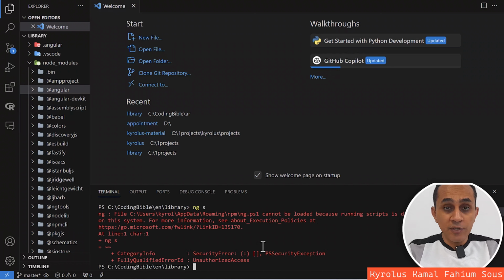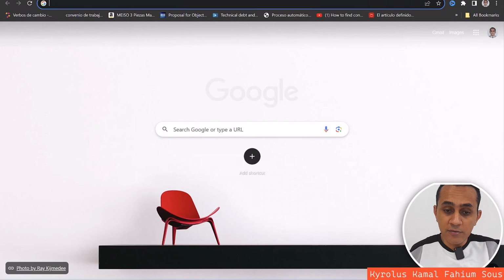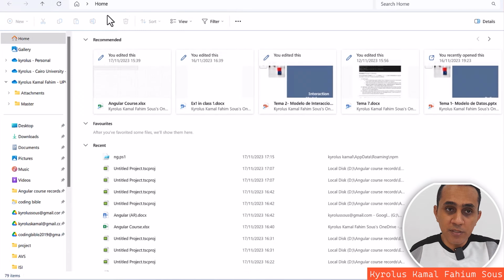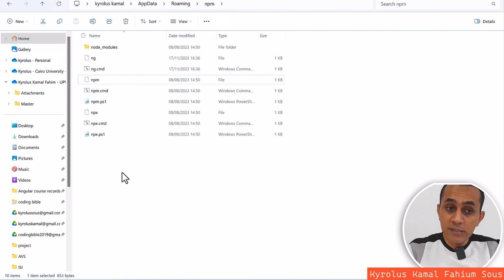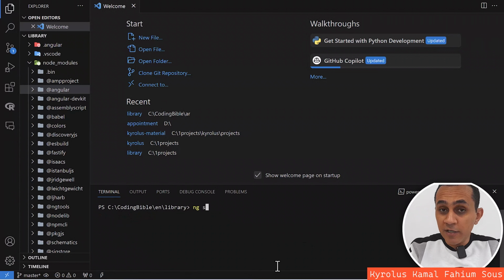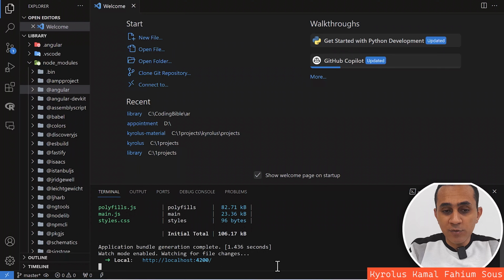Don't worry, this error is very common when you install Angular for the first time, and even when you update your Angular CLI, and it's okay. All you need to do is just go to this path. Okay, no, we don't need this. We need to open here, and then just delete it. That's it. This is the solution. Now we will run the command again after removing this file, and as you can see it is working now.